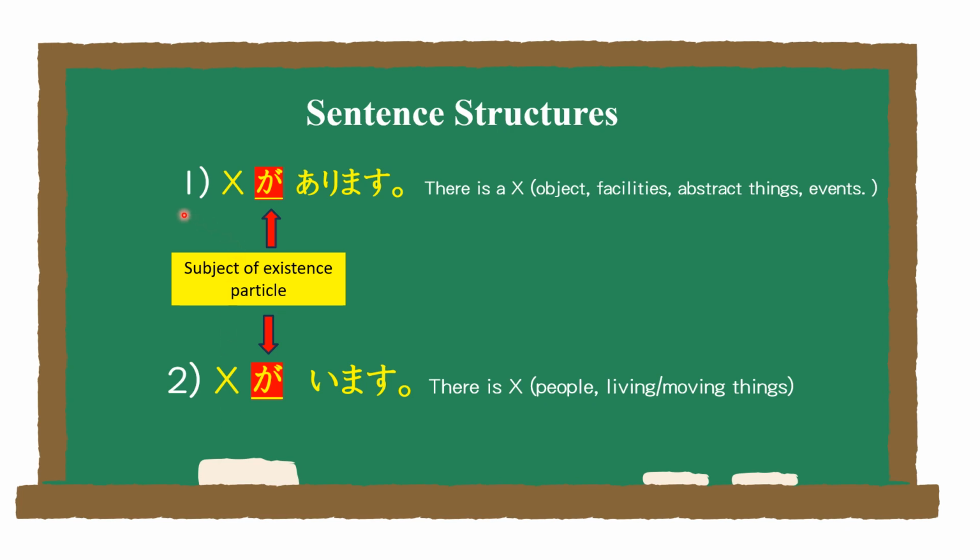This sentence structure is the same for both あります and います sentences. For example, there's a cat would be 猫がいます。The emphasis is on the existence of the cat. So please remember, when you have a sentence structure with the existence verb, such as あります and います, mark the subject of existence with the particle が。